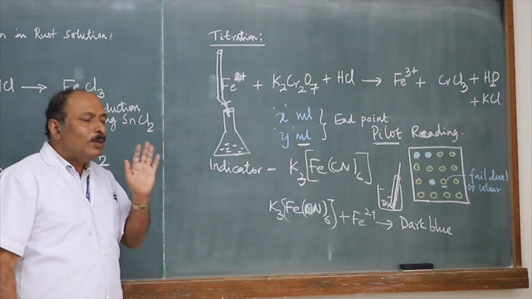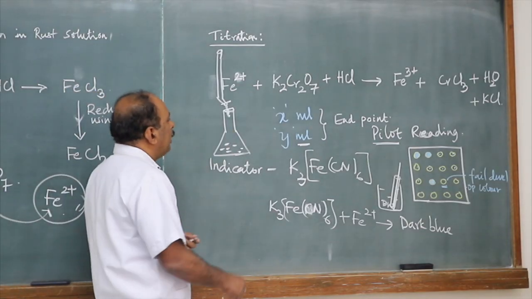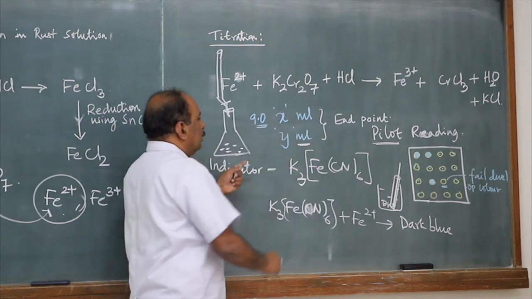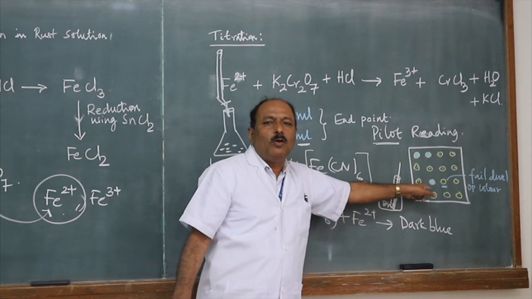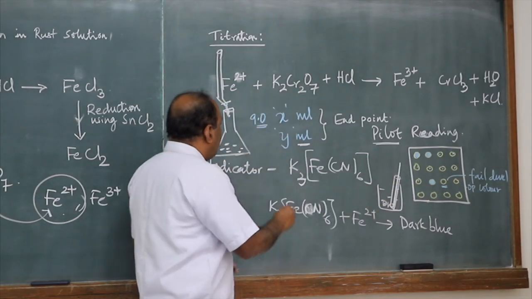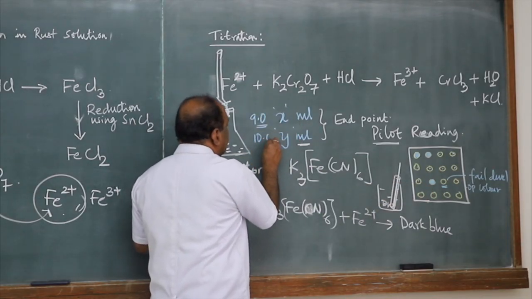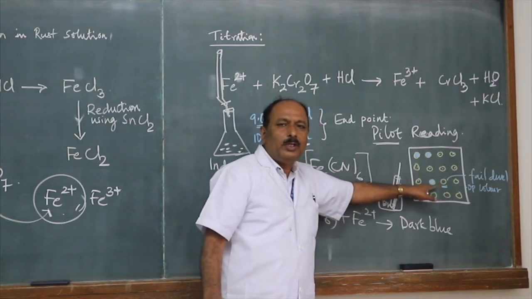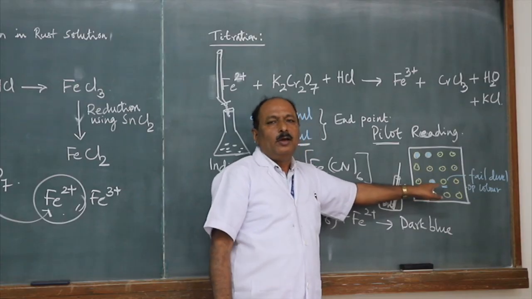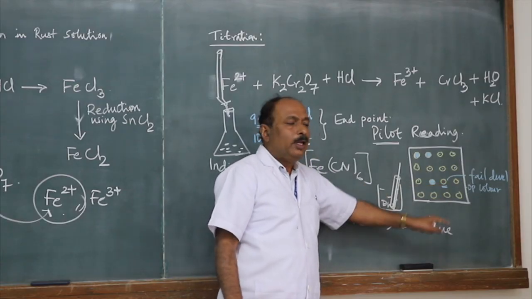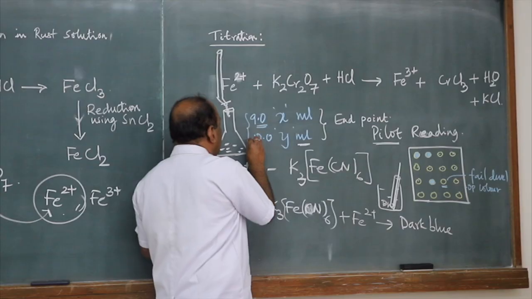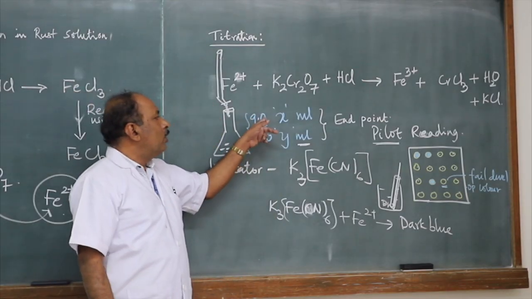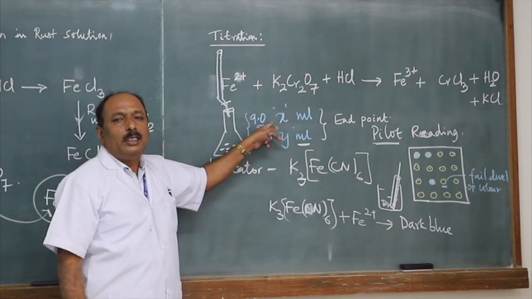Thereby, you will get the exact end point. Now coming to some arbitrary values. Say when the burette is showing 9, the tested droplet develops color in the pilot trial, and when the burette reading is 10, the tested droplet fails to develop color. When the reading is 9, it is developing color. When the reading is 10, it is not developing color, indicating that the end point lies somewhere between 9 and 10. So therefore, when you are doing the second trial, you will go on adding potassium dichromate till the burette reading is 9.